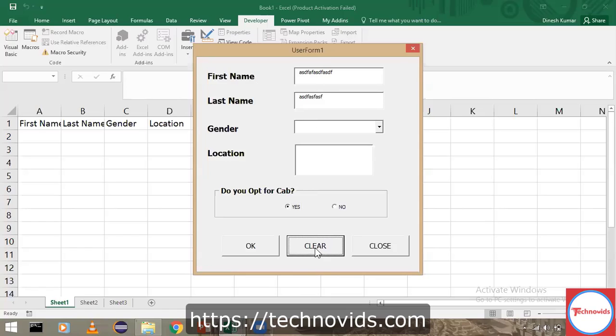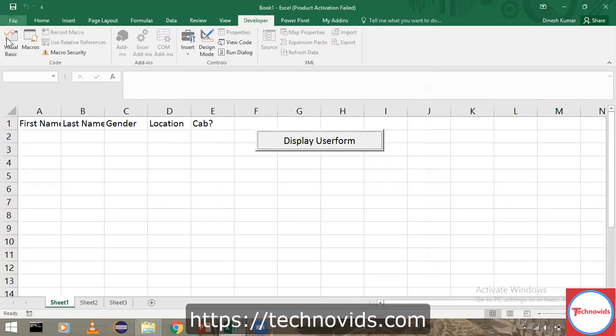I click on clear, nothing happens because I've not yet started coding. When I click on the clear button, this text box should become empty, and whatever selections are there, everything should be cleared. So I click on close, and I go back to the code.